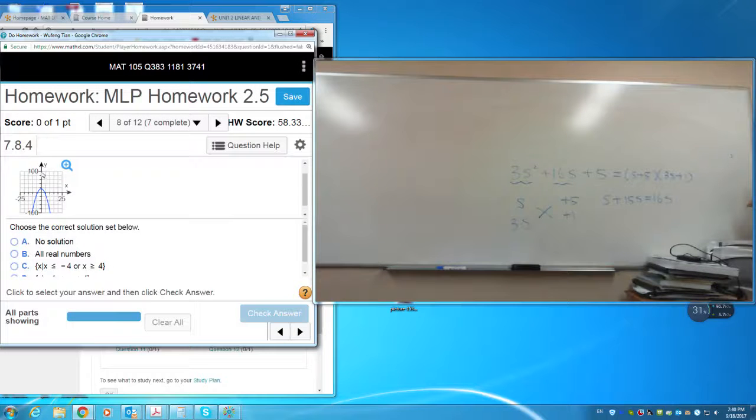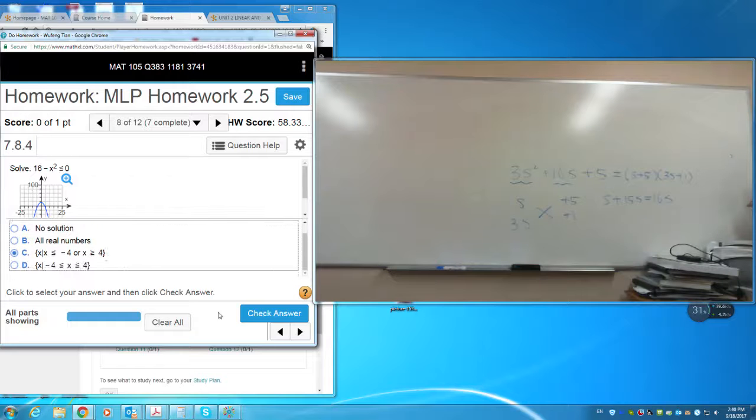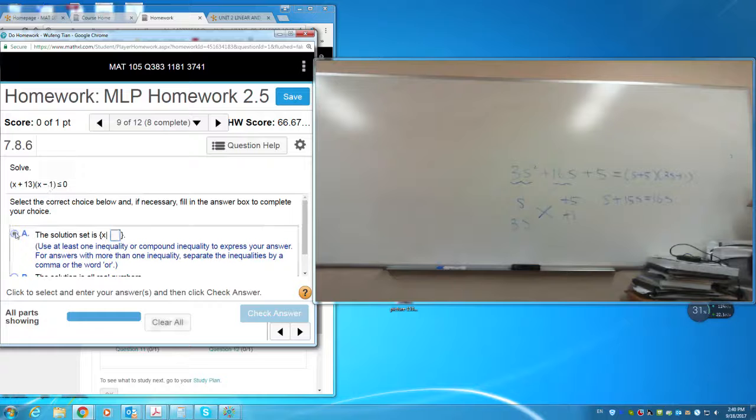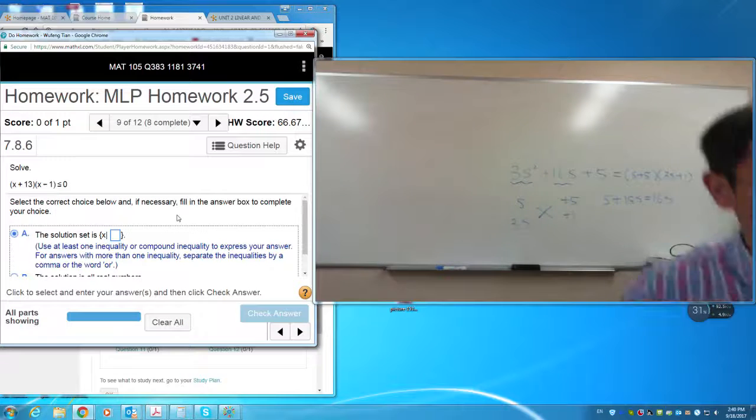We pick 16 minus x squared, so that the y value is below the x-axis. The x value from negative infinity to here is below the x-axis. From this number to this number, the y value is below the x-axis. So it's away from these two sides. Goes left, goes right. Okay, so it's going to be C, not in between 4 and negative 4. Solution set. Okay, so